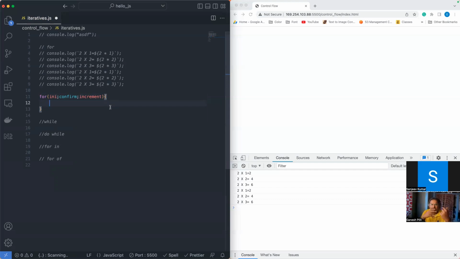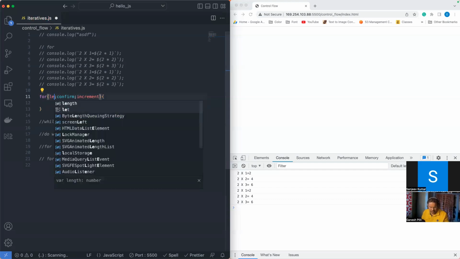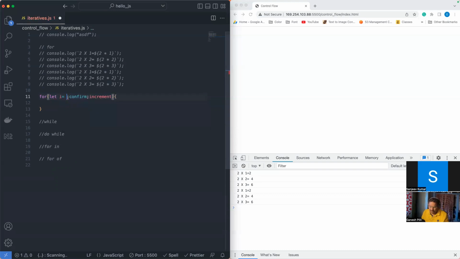Let's see, for example, let I equal to 0. This is initialization. And what is the condition? Till when do you want me to run this statement? I just want you to run 10 times. And how do we want to move ahead? One step at a time. So plus plus, the unary operator plus plus, will increase the number by 1 if you add plus plus at the end of that particular statement. Similar to this,